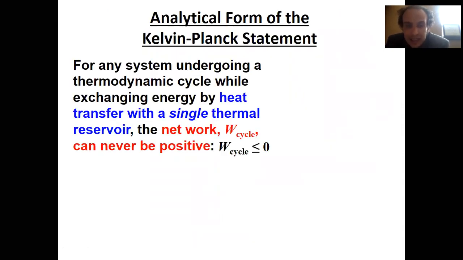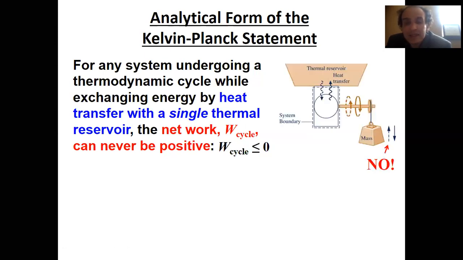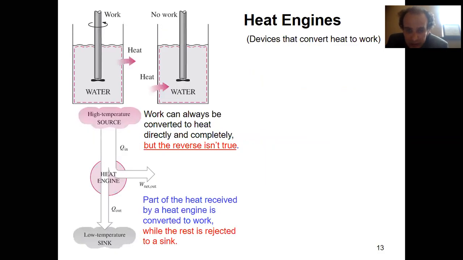Otherwise, you can say that if you have one thermal reservoir, the net work of a cycle can never be positive. It can be negative or zero. When is it zero? It's zero when your cycle is completely reversible, when you can go back and forth. But if it's negative, your system is not reversible, because negative work would become positive if you go in the opposite direction, which is impossible. Otherwise, you could become younger. You cannot go from future to past.